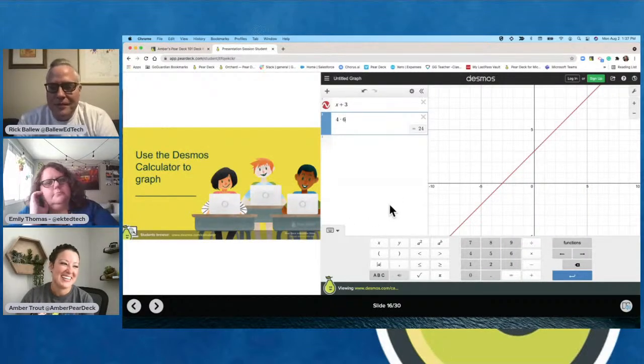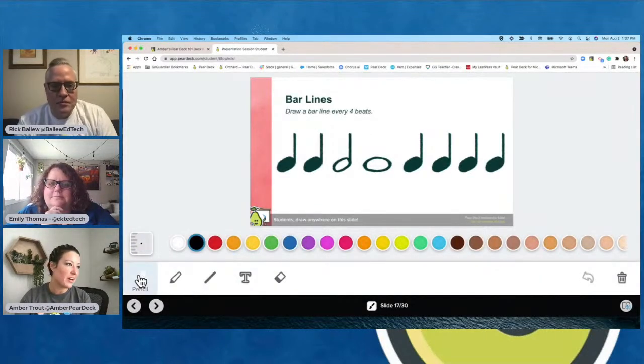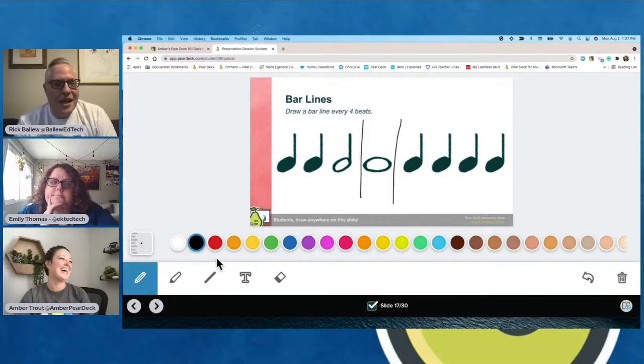Yes, so this is definitely something to keep an eye on, because the Desmos calculator is really a huge hit with teachers. And also we do have music templates, like I mentioned to you. So if you're trying to teach kids those basic skills, you're going to be able to do that using these tools. Did I get it right, Rick?